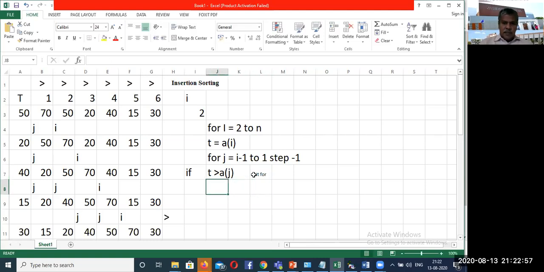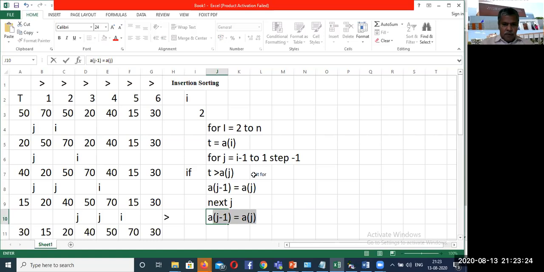Else, a of j plus 1 equal to a of j. Okay. Then next j. After moving all the elements, after the iteration of j is finished, then I have to write